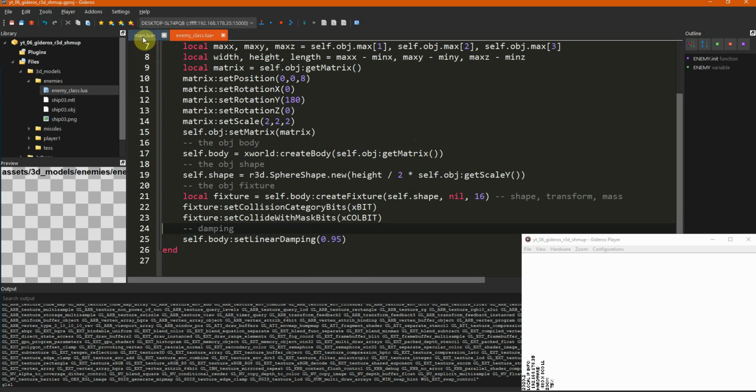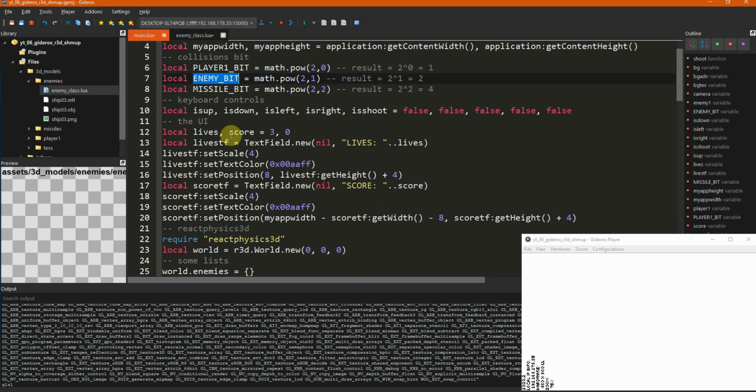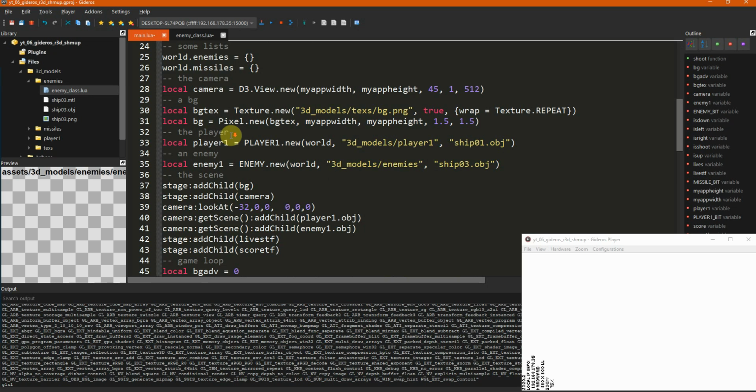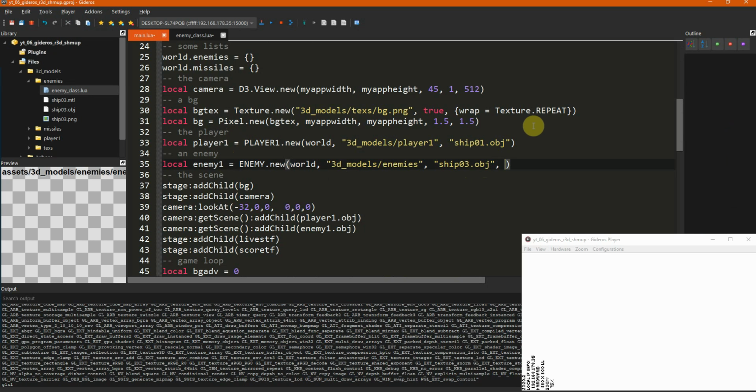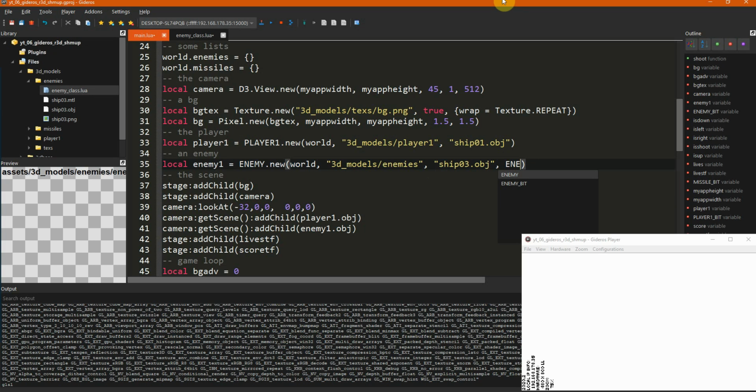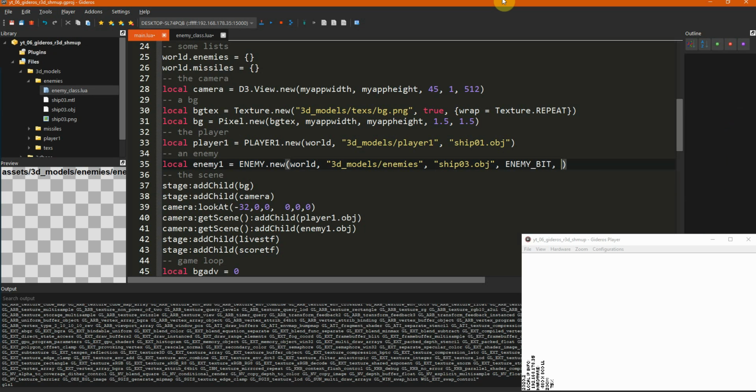Now when we create the enemy, where do we create the enemy? Enemy here. So now we need to add those variables as well to the calling function. The first argument is enemy bit, and the second one is with what object the enemy will collide with.